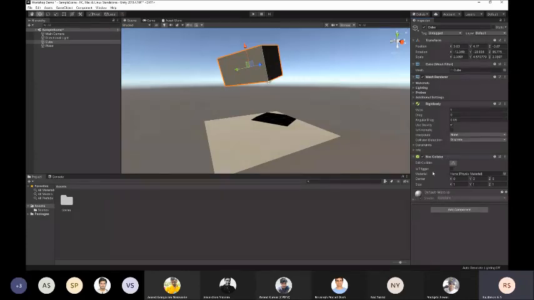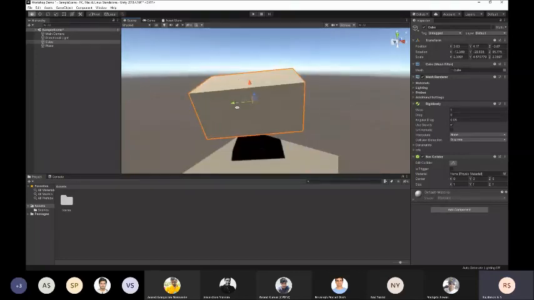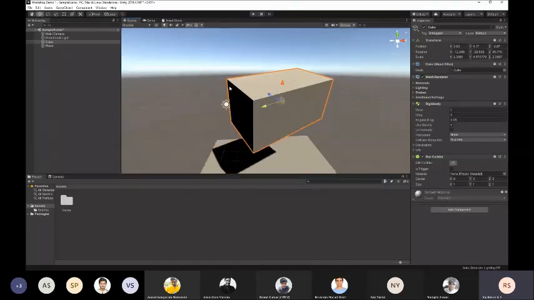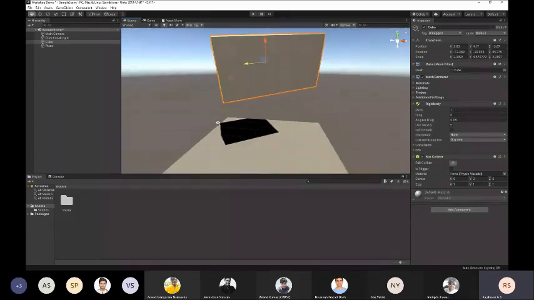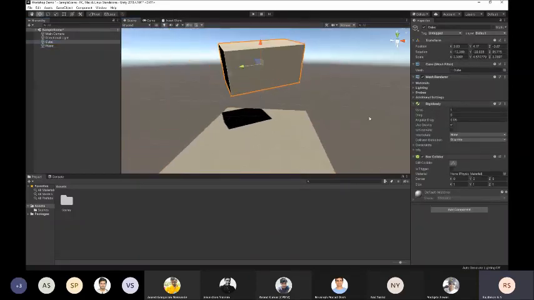So when I click on box collider, you can see a green outline. So that's the collider. So when we add the collider, Unity knows, okay, this is the boundary of the object and this is where the collisions should take place. And the plane also has a collider on it. It has a mesh collider. So you can edit that collider by clicking on this edit button over here. So you can pull it out.